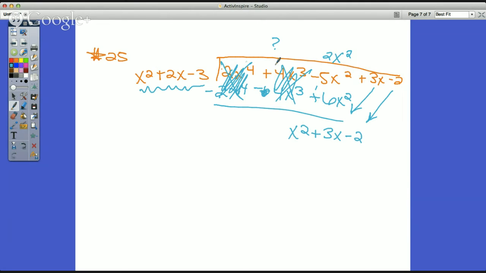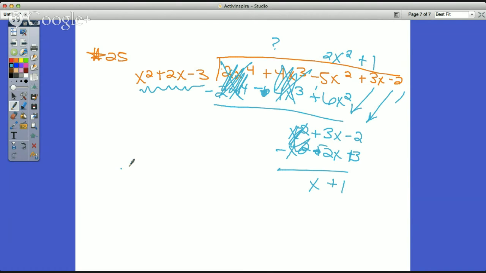All right, so the next question is, same thing. What times x squared gets me to x squared? Yep, you're right. It would only be a positive 1. So 1 times all of that would be x squared plus 2x minus 3. And as I change the signs of these, you'll start noticing quickly, this cancels, leaving me with x. This should be a plus 3 there. I apologize. And this should be x plus 1. Since there's nothing else to bring down,